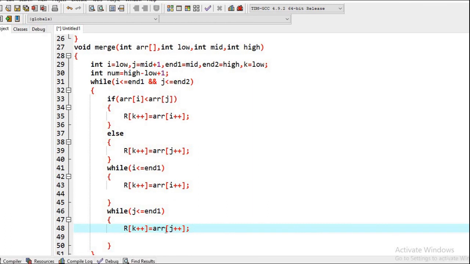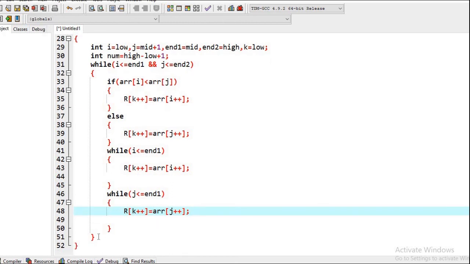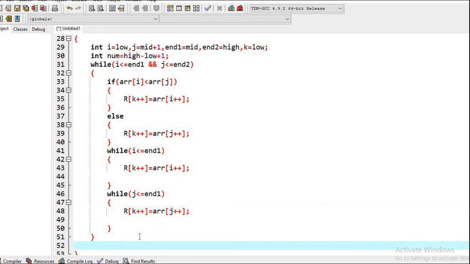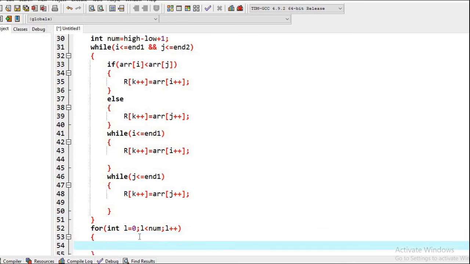Now we have to do one last thing. I am taking one more variable here, l, and l should be less than num, then l plus plus. You can take any variable.